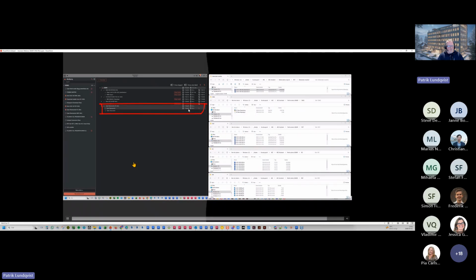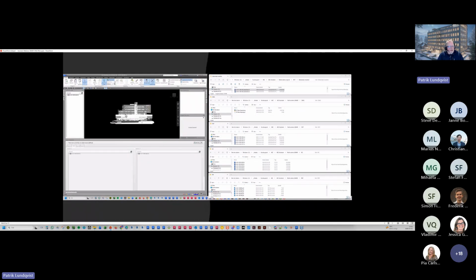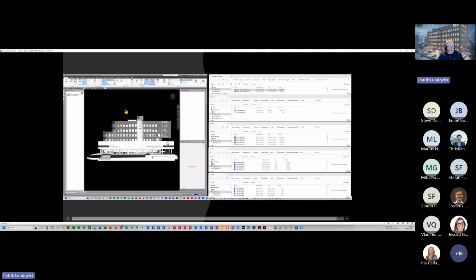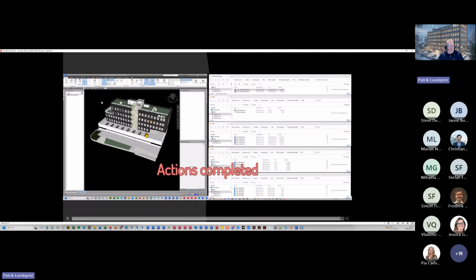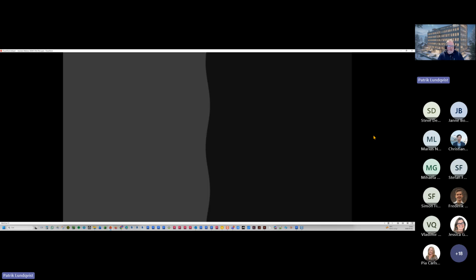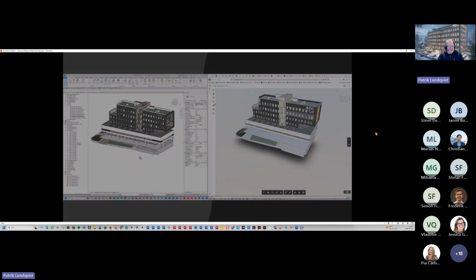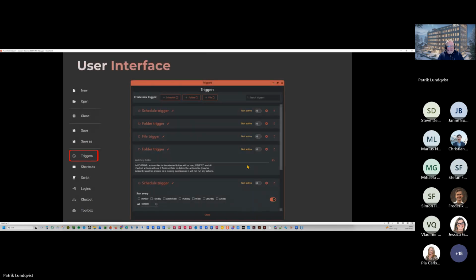But I'm watching this and I'm talking about it, but actually this can be done with multiple models without me doing anything. So if this is a federated model now with all the latest IFCs updated automatically, then the next thing would be to run a clash detection on all these automatically with the help of Assistant. But before we look at that, I just want to go quickly through the other menus we have here,